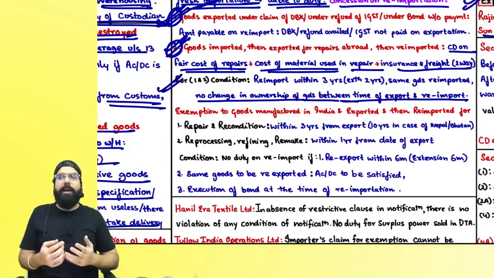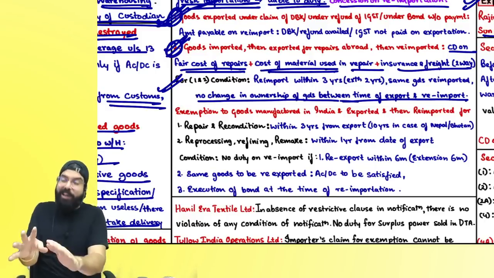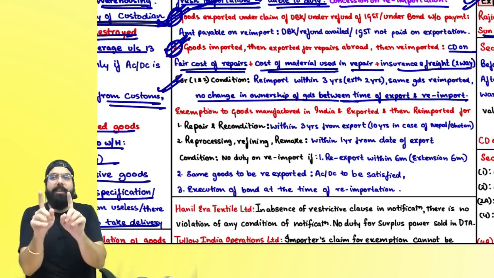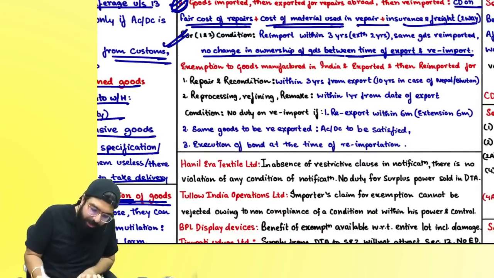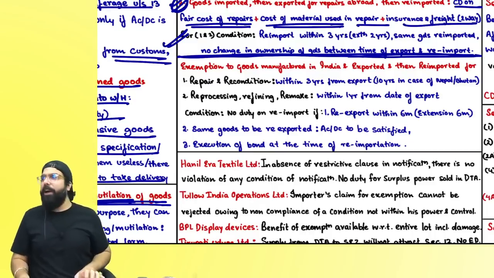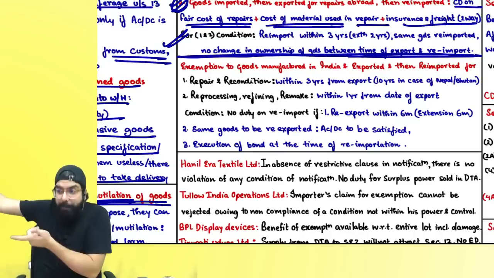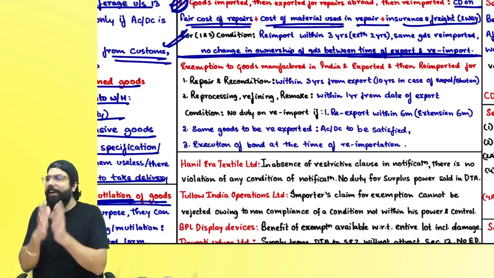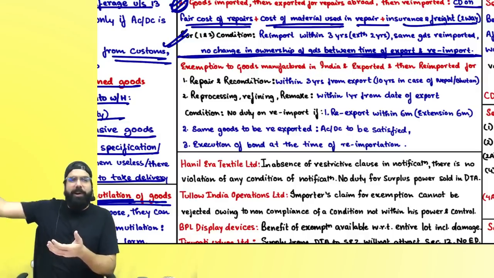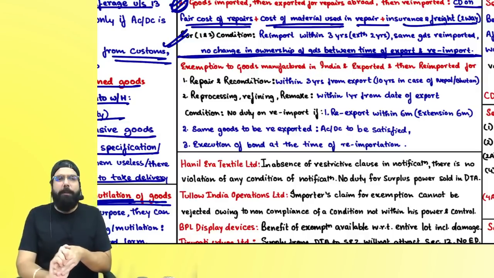In export and import cases, whenever you exported your machine, by the time it came back, you only should be the owner. Always remember one thing, ownership should not change. Then they say if goods are manufactured in India and exported outside India, and there is some repair which has to be done, the government is telling you that you made some goods in India, exported outside India, and now it is coming back for repair. It should come back for repair.